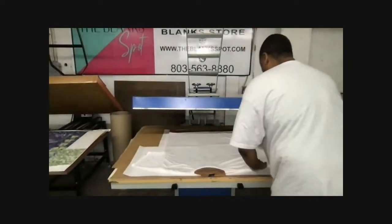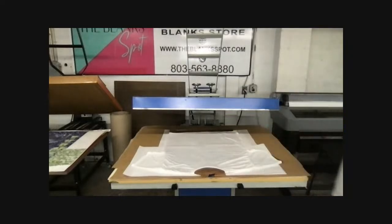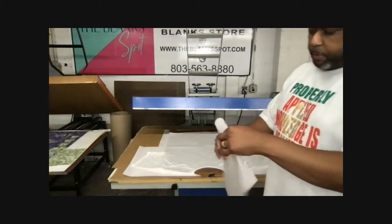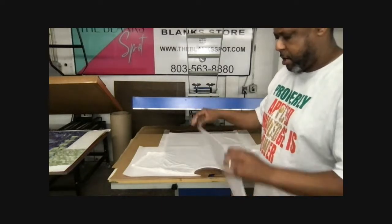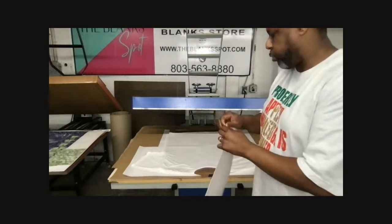So I'm going to press the shirt, but before I do, I got some transfer on here. I want to make sure I protect my shirt. Now we're talking about measuring a 3D shirt